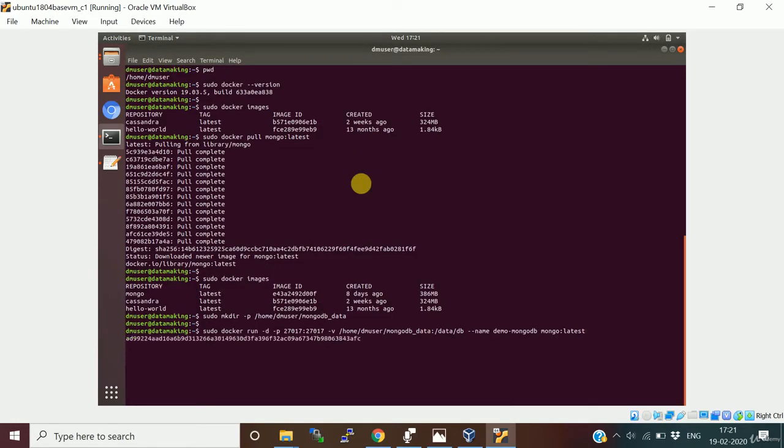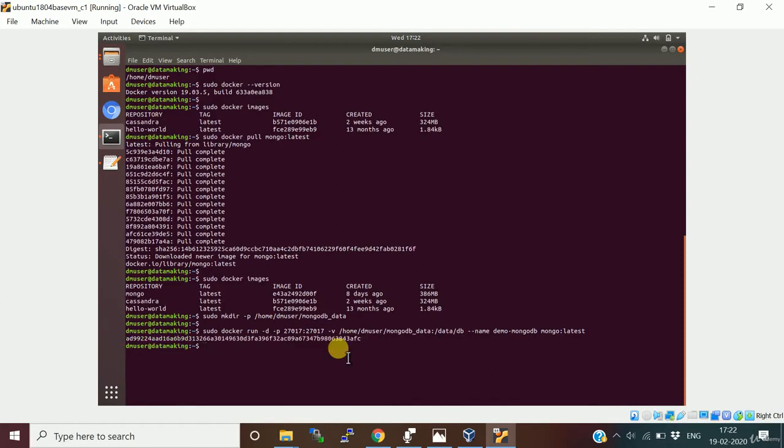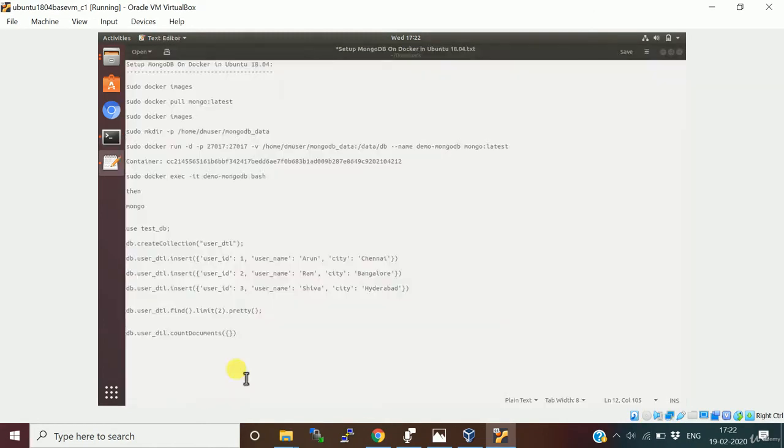So it has created the container ID. This is the container ID. If you check the running containers, we just say sudo docker ps. This will list the containers running. I already have a Cassandra container running. This is MongoDB, which is running now.